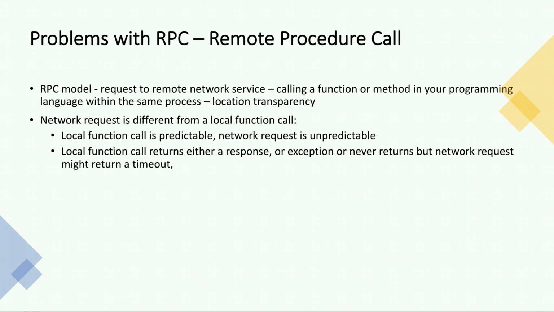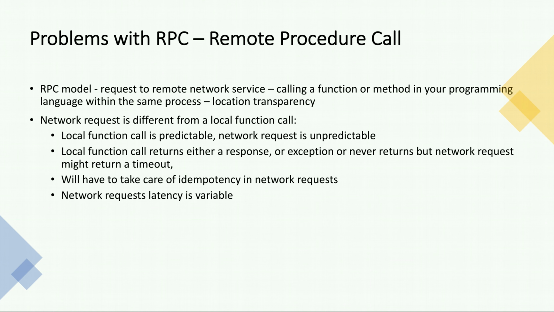If we don't get a response from the remote service, we have no way of knowing whether the request got through or not. And if we retry a failed network request, it could happen that the request actually got through the first time and only the responses were lost, that is, through timeout. In that case, retrying will cause the action to be performed multiple times, unless we build a mechanism for deduplication, that is idempotency.